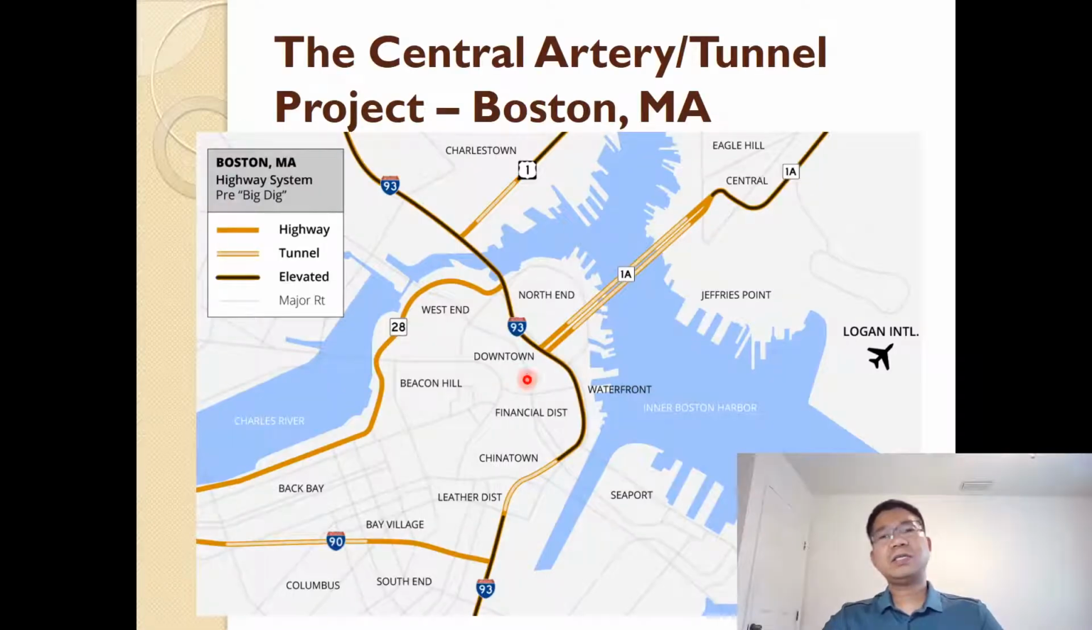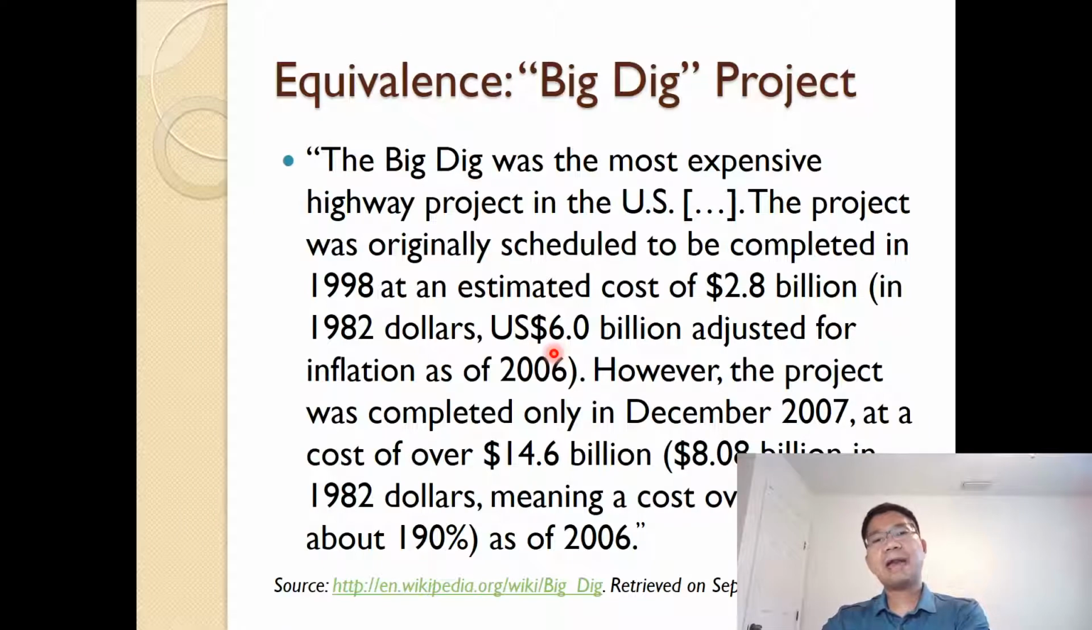Here you see the project that includes the highway, the tunnel, and elevated road in Boston, which I copied from Wikipedia. Let me read. The Big Dig was the most expensive highway project in the US, and I just eliminated unimportant parts to emphasize what matters for today's class. The project was originally scheduled to be completed in 1998 at an estimated cost of 2.8 billion in 1982 dollars,